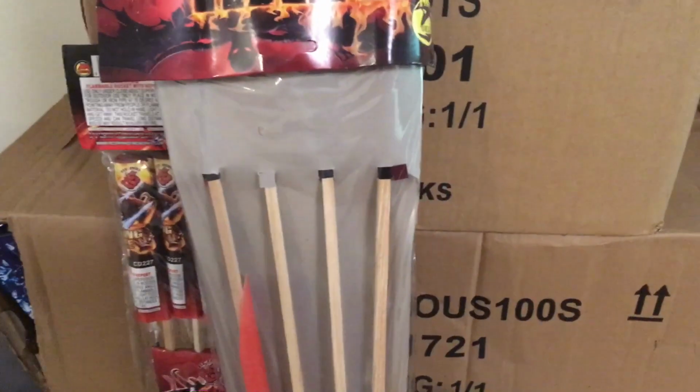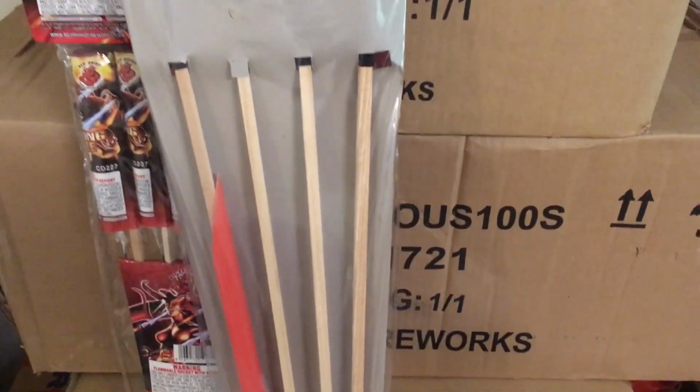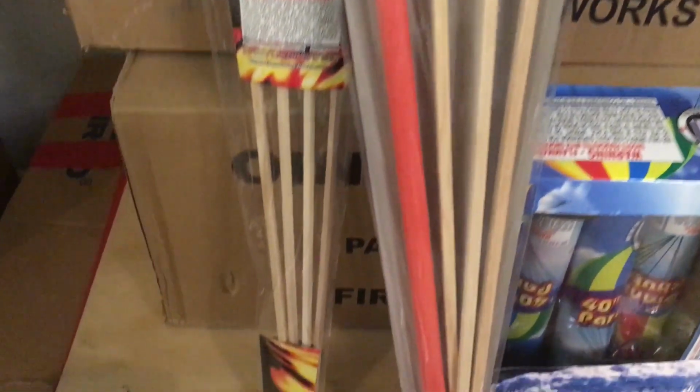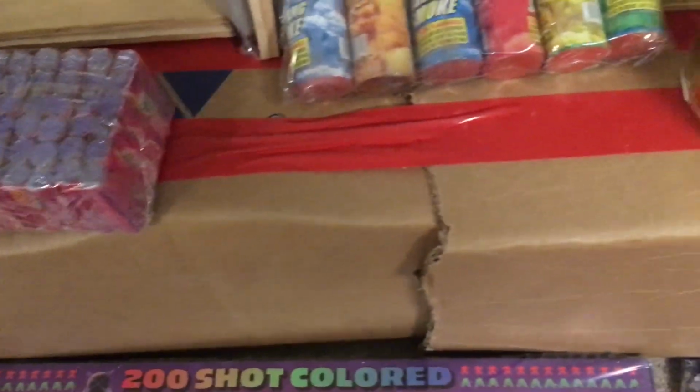And then I've got this guy here, which is 100 shot. This one is, I'm going to say, the Cooties. I've got a pig down here, and then this big box on the bottom is the America the Beautiful cake, 238